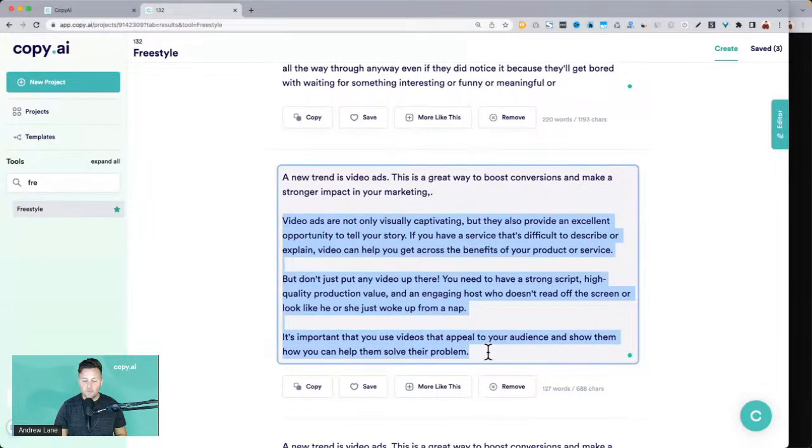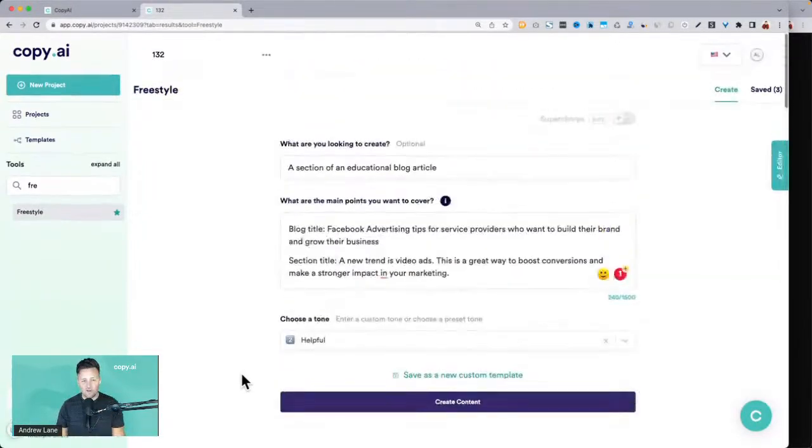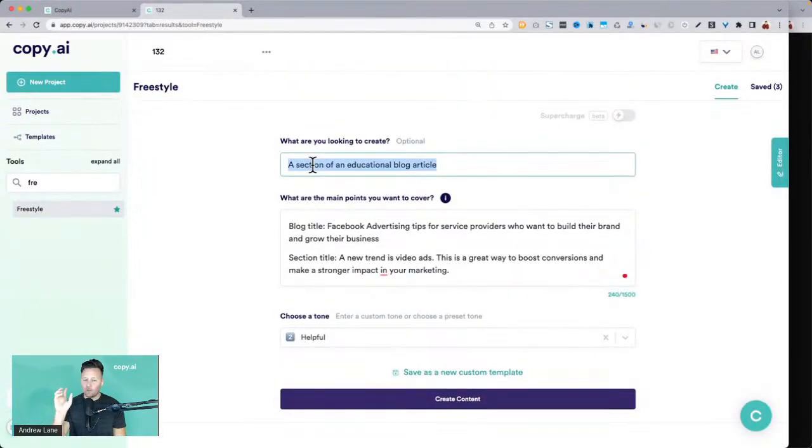And again, for website content, I know you were asking about that. The same strategy could work, right? You want to get some educational ideas or persuasive angles. The one thing you could try here is if you really want to move from educational content to sales content, just change this to sales copy. And let's just say